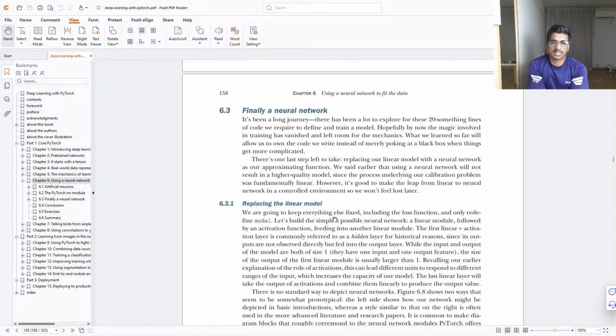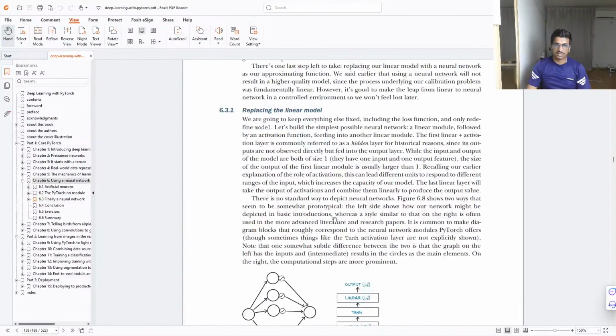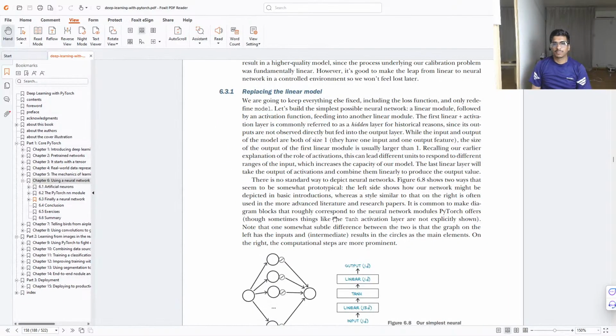There is one last step left to take, replacing our linear model with a neural network as our approximating function. We said earlier that using a neural network will not result in higher quality models, since the process underlying our calibration problem was fundamentally linear. However, it's good to make the leap from linear to neural networks in a controlled environment so we won't feel lost later. Replacing the linear model, we are going to keep everything else fixed, including the loss function,